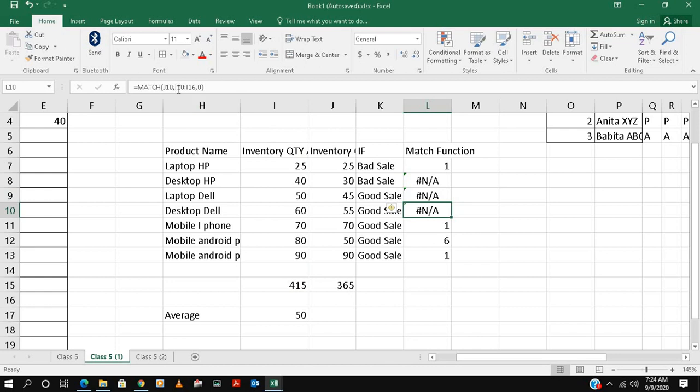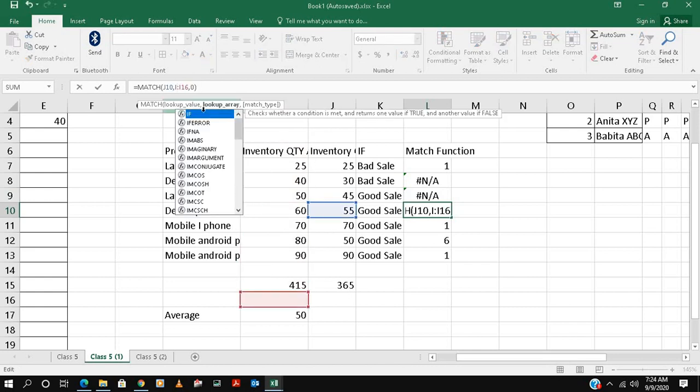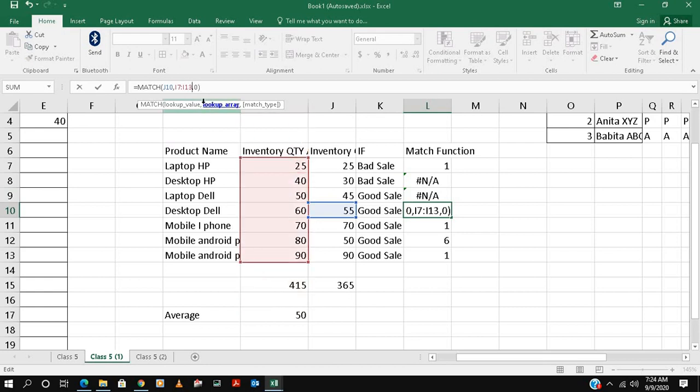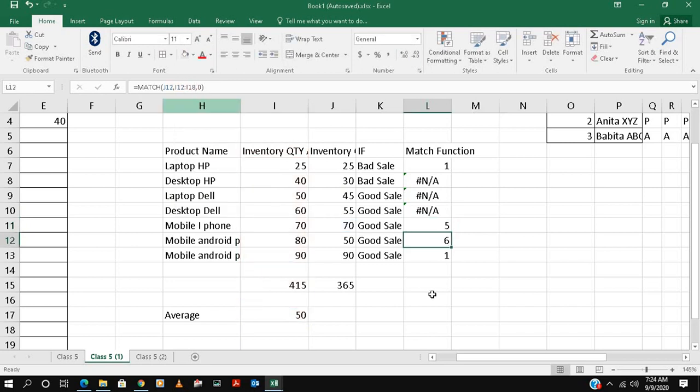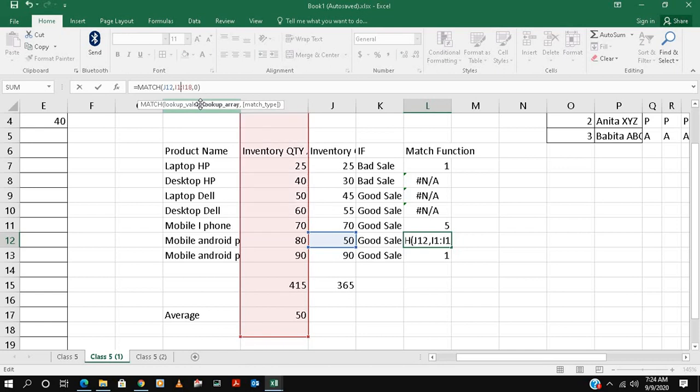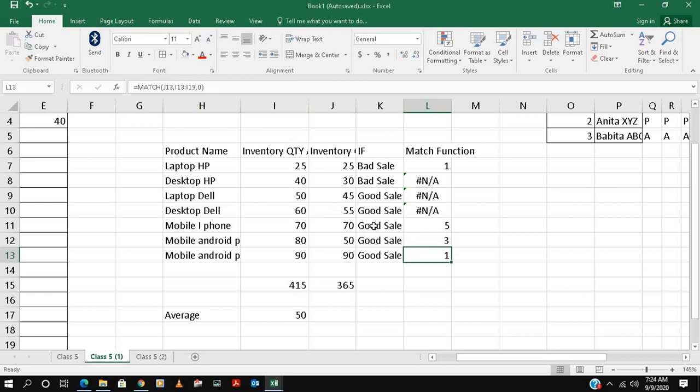Right, this will be 7 and this will be 30. Okay, this will be 7, this will be 13. So if you see, already this will also be 7 and this will be 13, and I don't know why it is coming this much. I don't know why 5 J11. Yeah, this will be the J11. Okay, let it be. I will not discuss right now why this is coming this much.